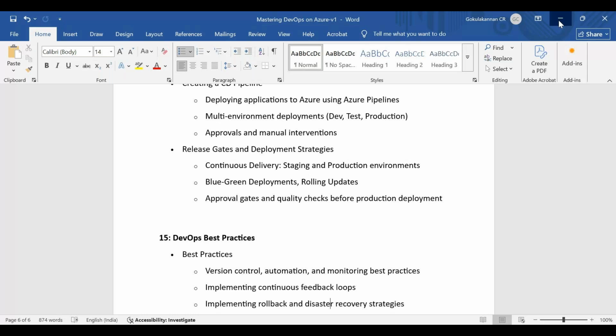Slowly we will ramp it up. The initial few days will be beginner level only, because I have to know about your background. If you're not at all from a cloud background, not at all from a coding background, obviously we have to take it step by step, right? So all these initial labs would be simple. Once you're feeling comfortable and you settle down, then we will take it into intermediate and advanced levels of activities. That is how we drive it.